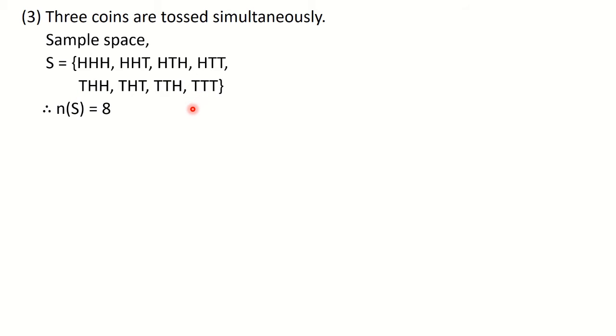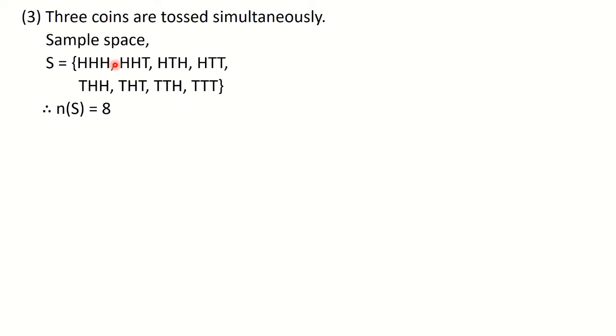This is the easiest method to write down the sample space here, because if you keep this way in mind, you will not repeat any sample point, and no sample point will be left out. So always keep this easy method in mind. I told you two methods: 4H, 4T, then 2H, 2T, 2H, 2T, and then HT, HT, HT, HT.